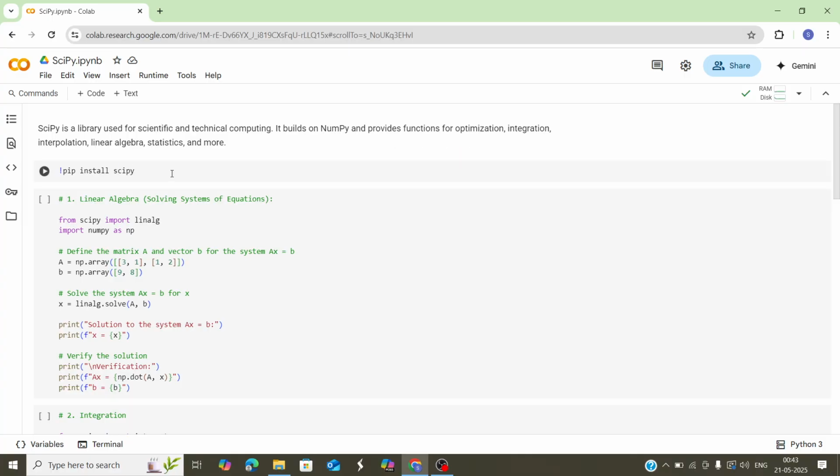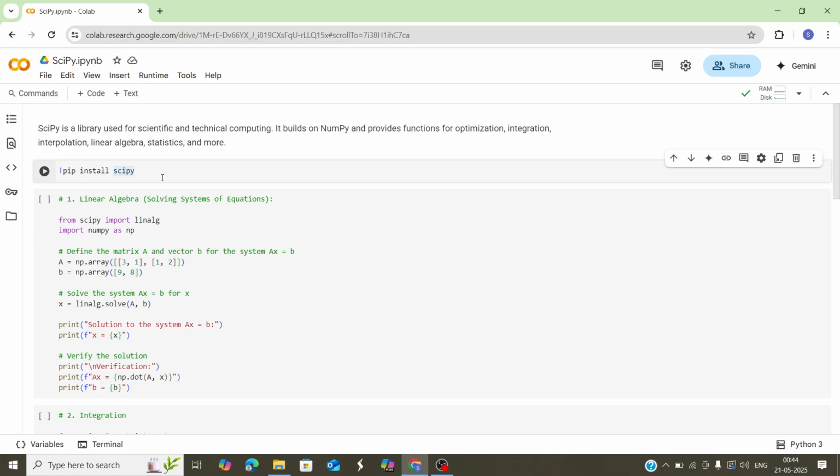If you want to install the SciPy library on your system, let's see the simple command. Firstly, you activate your Python environment if you are working in VS Code. Currently I'm showing you this demo on Google Colab, which is a Jupyter Notebook IDE on the cloud. So you say !pip install SciPy. For installing any package in Colab, you write an exclamation mark before pip, because it indicates a bash command, as the OS which Google Colab uses is Linux.